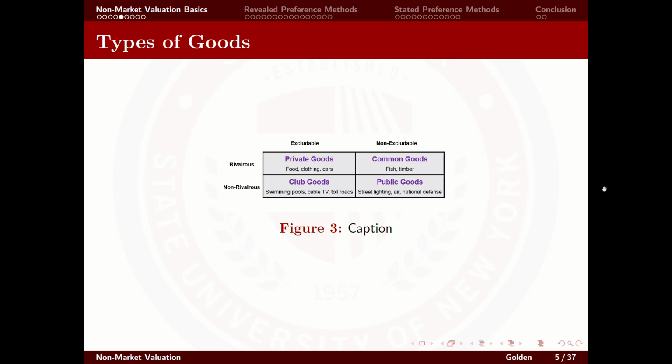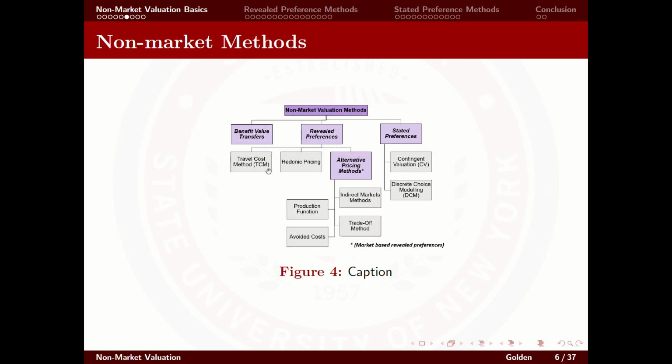Public goods are the hardest to value because they're non-rival and non-excludable, which means fundamentally there can't be a real market for it. So you have to come up with a systematic way to think about the market. Is it going to be perfect? No, but it will be useful and valuable. So non-market valuation,